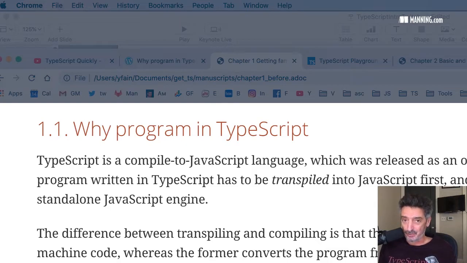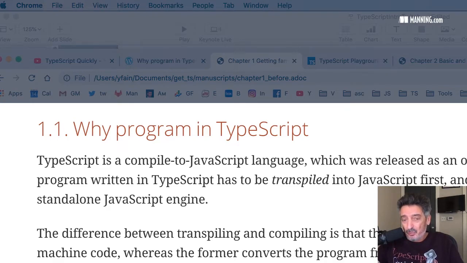This JavaScript can be used anywhere where JavaScript can be used. So it can be used in HTML pages, it could be used on the server side, it could be run separately as a program, and you can see the output on the console. So the question you may ask, or you may have, is: why bother?